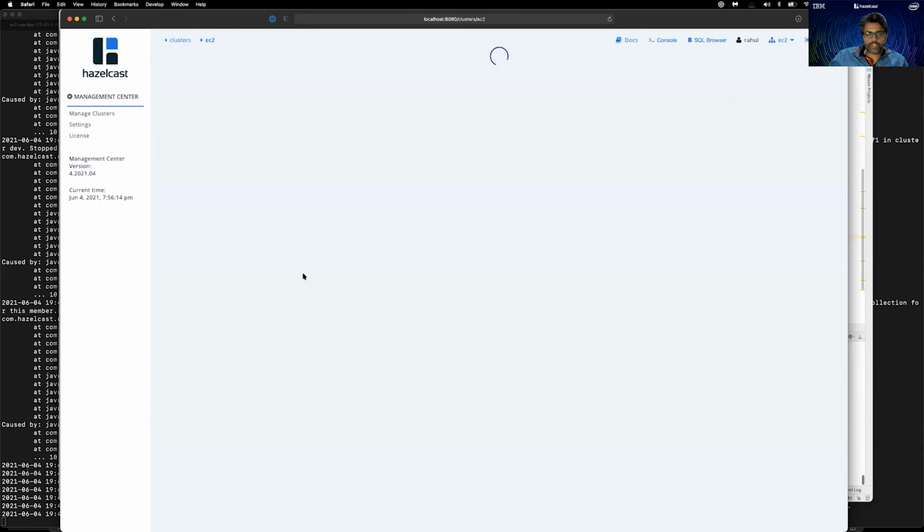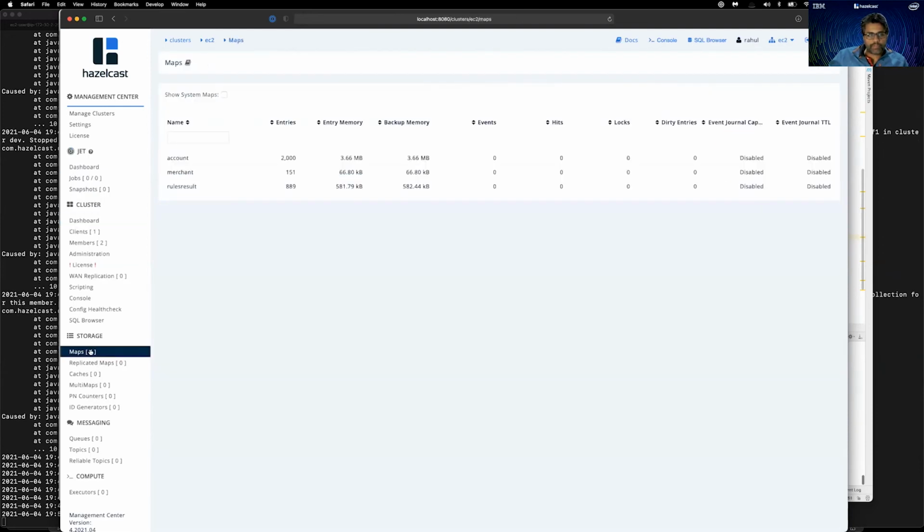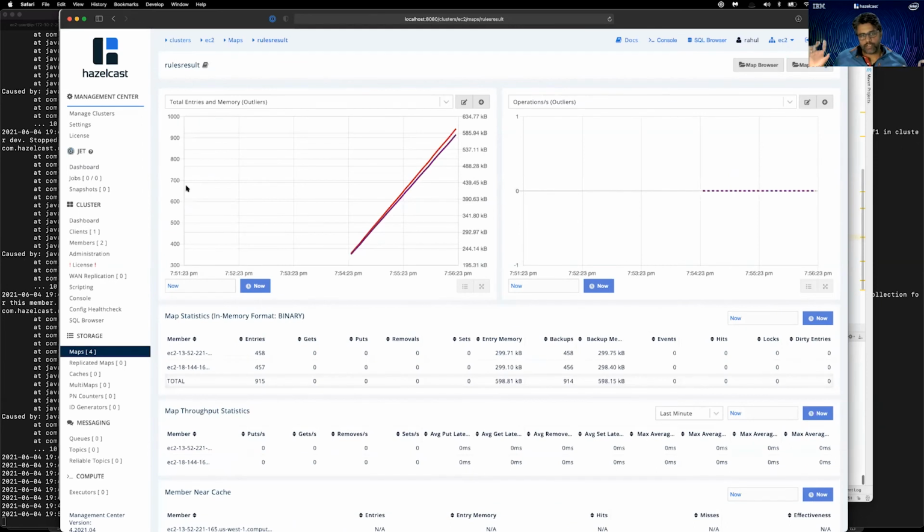Now let's take a look at what's happening on the EC2 cluster. When I go to EC2 running on AWS, there is one more map, and it is called rules result. Again, the results of payment processing that are being published on the on-prem side, the source cluster, are also being replicated into my target cluster running on EC2.